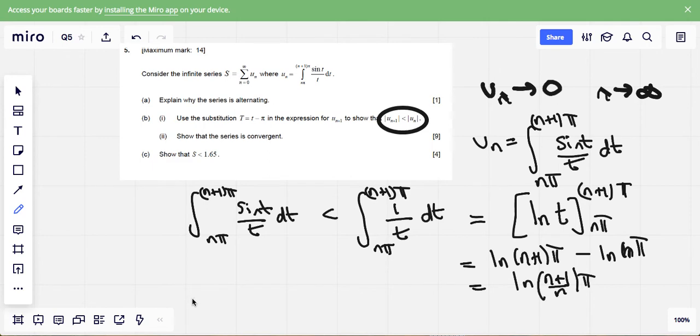Now if we think about the limit as n tends to infinity of ln of n plus 1 over n